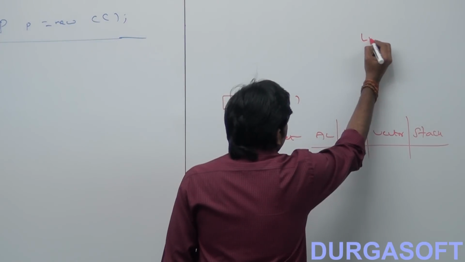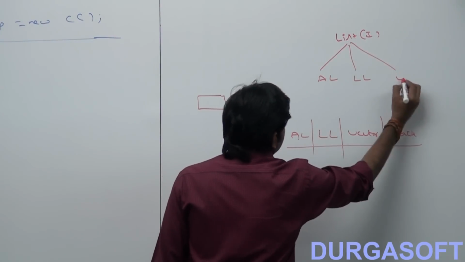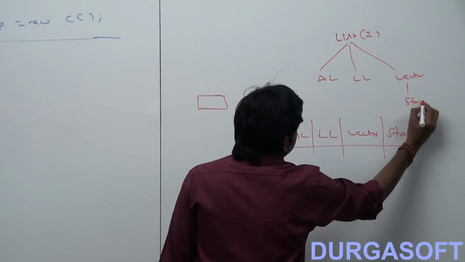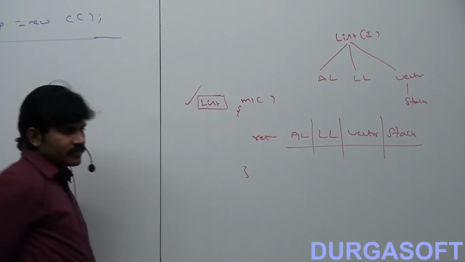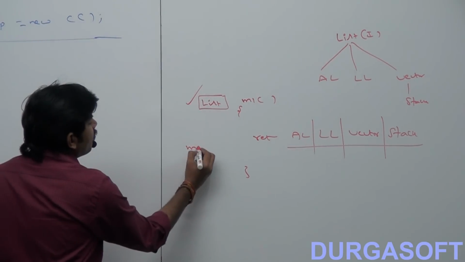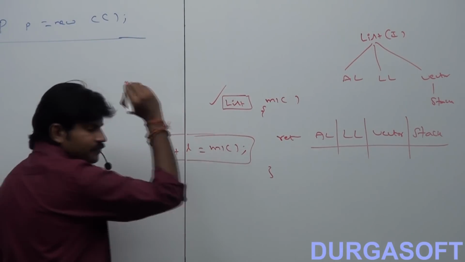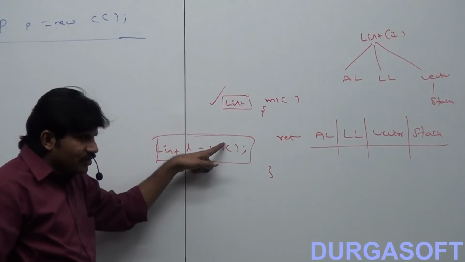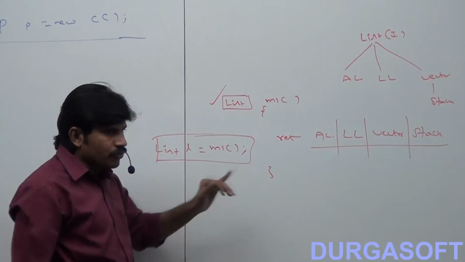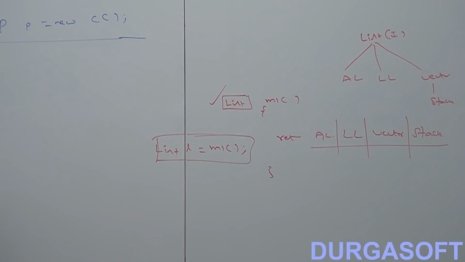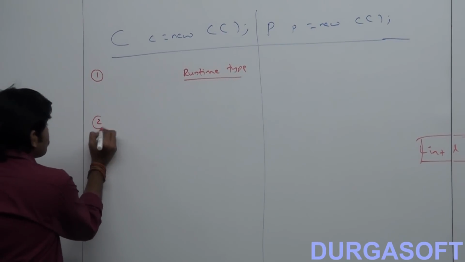That's why, which thing can cover all these? If you observe, list is the parent interface of array list, linked list, vector and stack. That's why happily you can keep the return type of this method as list. Okay, so if I want to call m1, then we can write List L = m1(). It may be an array list object or a linked list object. So if we don't know the runtime type of the object, then we should use this approach. Is it clear, right? This is when we should go for the polymorphism approach and when we should go for the normal approach.